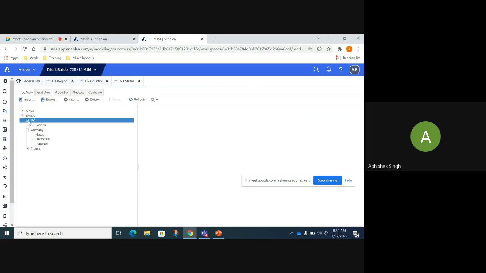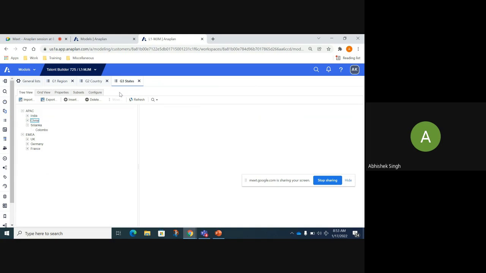And vice versa, if you know the total sales in UK, Germany, and France, you know the total sales in EMEA, right? That's how the things are getting rolled up. So the bottom line is, if you know the data for your child, you automatically know the data for your parents. And that's the idea behind creating a hierarchy list as well. It gives you a much simplified aggregated view of your child.